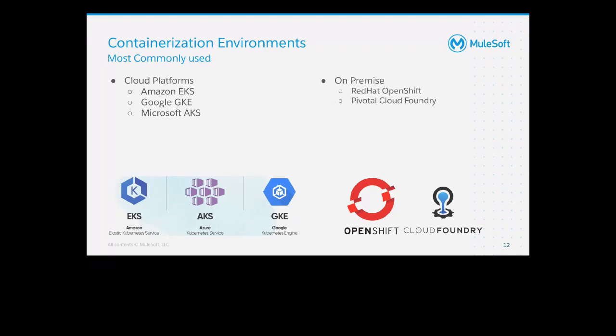And for on-premise, we basically find two environments that are prevalent among our customers. And this is mainly in EMEA, because that's where my work territory is. We see Red Hat OpenShift, and we see Pivotal Cloud Foundry. Those are the environments that I run into when I work with customers on a day-to-day basis.